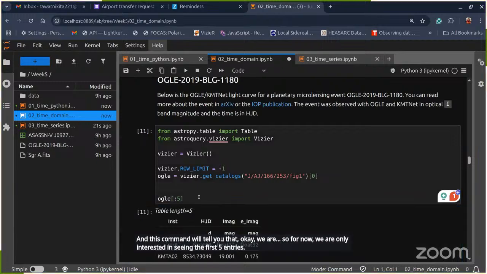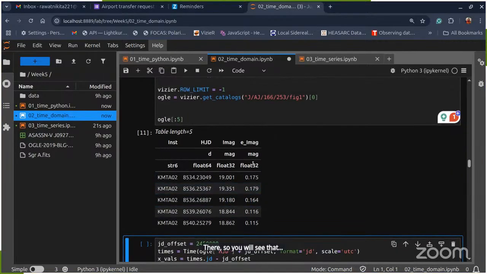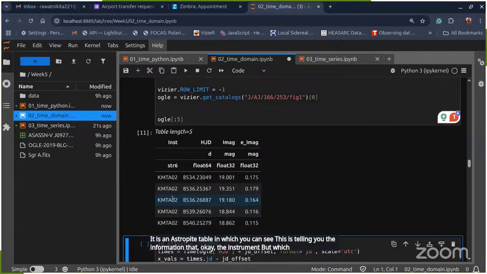entries. So if you call Vizier, and use get catalog and provide a reference there, you will see something like this. It is an Astropy table in which you can see the instrument with which the data was observed, it's KMTA02, and these are the time formats, and these are the magnitudes, and these are the associated